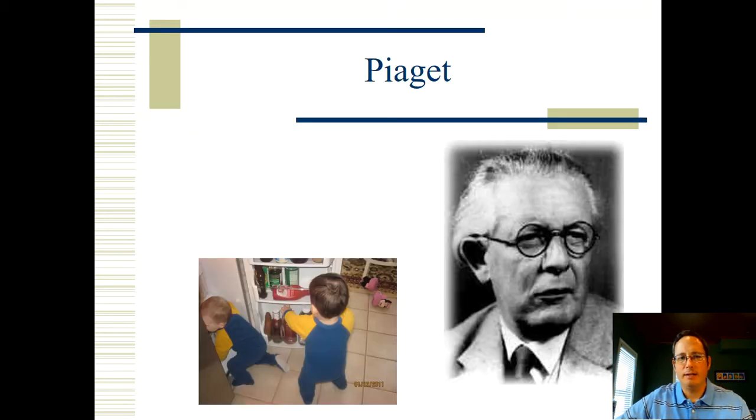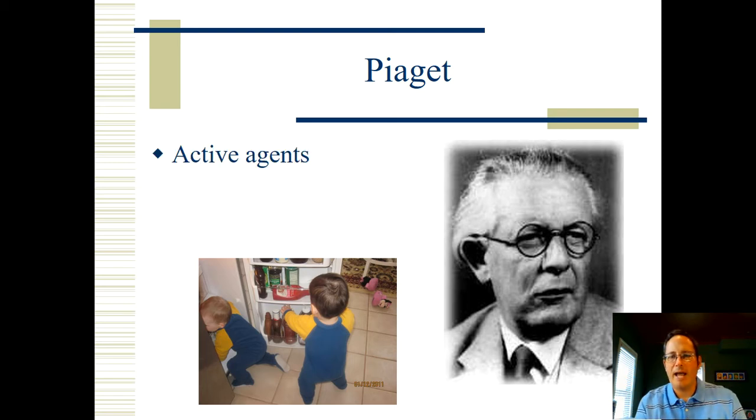The man on the right, not surprisingly, is Piaget. He had a couple of views of human activity, in particular children and adolescents in their development: that they were active agents. Remember, one of the main dimensions of debate in regards to child development was passive versus active learning, and Piaget was firmly in the active learning camp. In other words, children are actively involved. They're out there trying to figure out this world, observing things, investigating, experimenting,